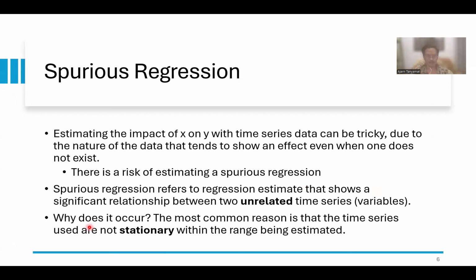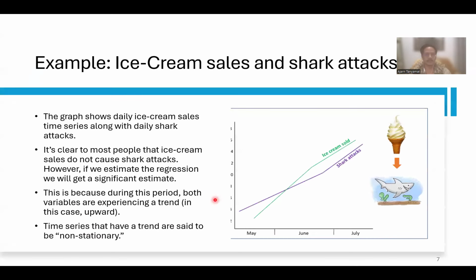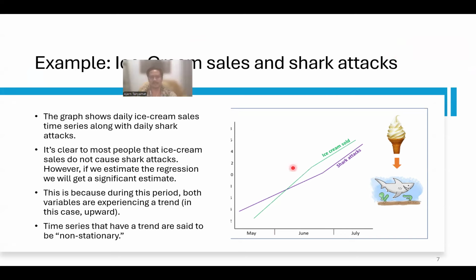Okay, why does it occur? Okay, sorry about that. The most common reason is that the time series used are not stationary within the range being estimated. Okay, let's take a look. All right, an example. This is a common worldwide example used. Ice cream sales and shark attacks. If you look at the data on ice cream sales and shark attacks, daily during these few months, what you're